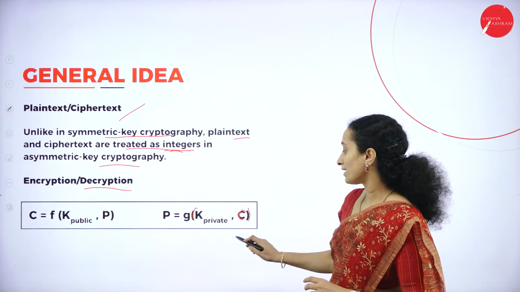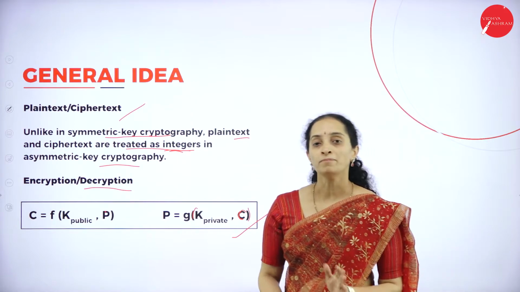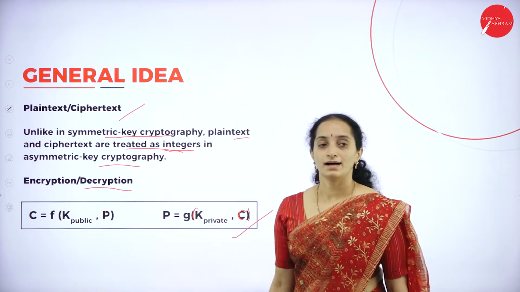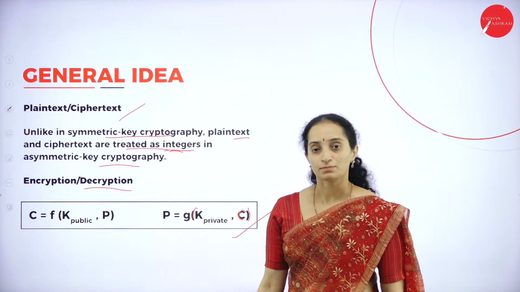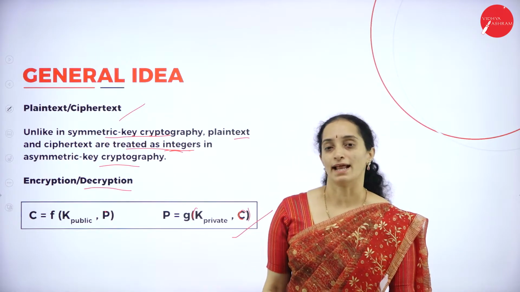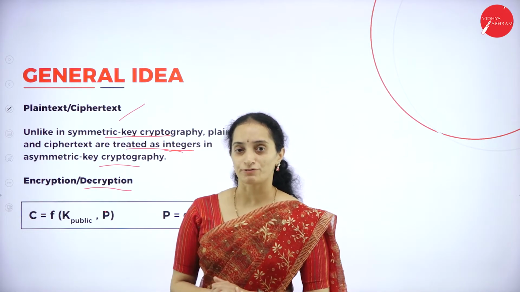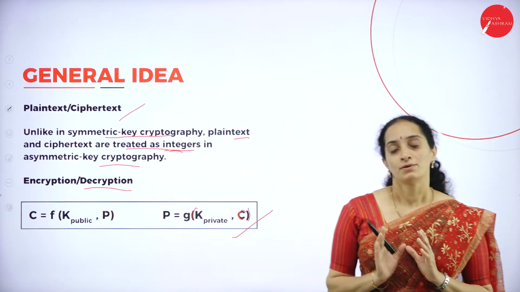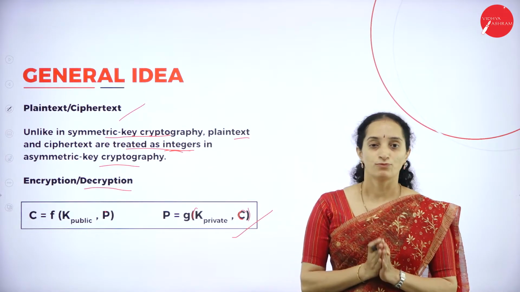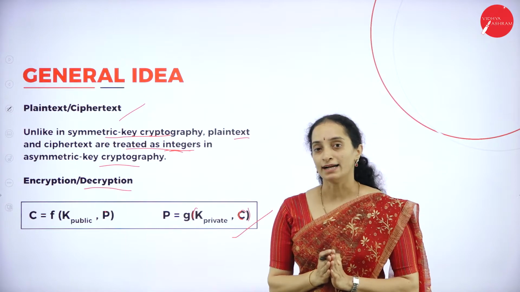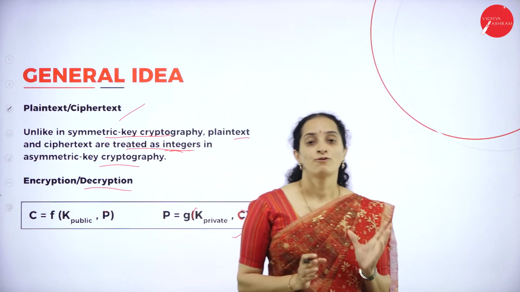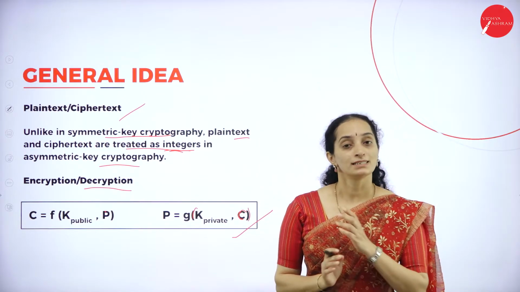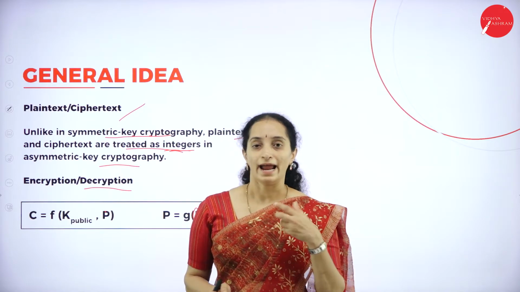So this is a general expression that we can use in the encryption as well as the decryption procedure. As I said, in asymmetric key cryptography, it is the responsibility of the receiver to generate one public key and one private key. If the sender wants an acknowledgement from the receiver, then the sender also has to implement the same procedure with a public key and private key.